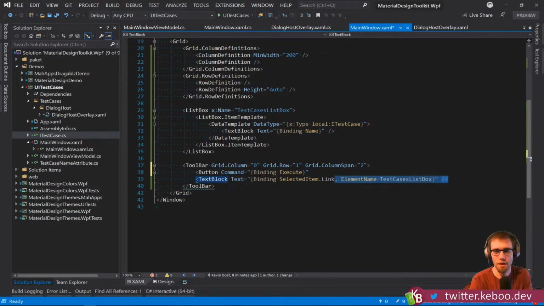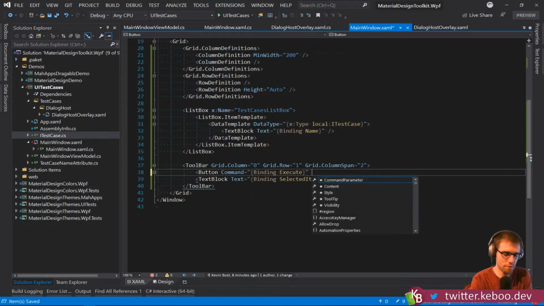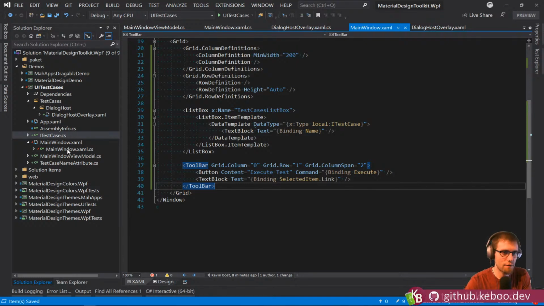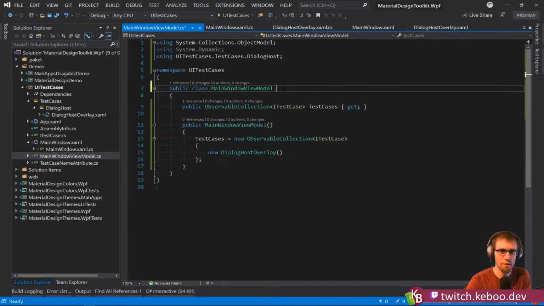And actually, I think what we're going to do is, because this is ultimately going to require, let's put content in front of command. Content, Execute Test. I think this view model now does need to implement INotifyPropertyChanged because I think I want to keep track of